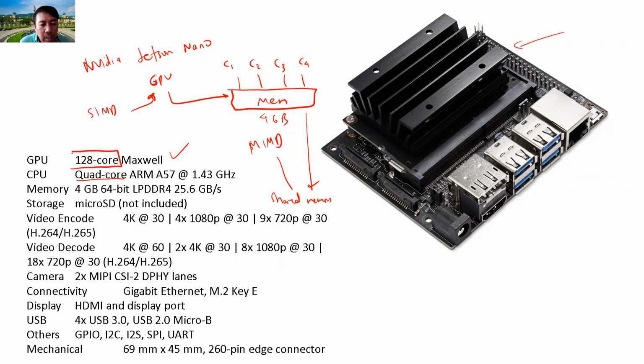Remember the GPU, it has more cores. This is 128 cores, but the core here is different from the core here. The core here can do computation only. There are no control units, so the control still needs to be handled by the CPU. The CPU is still required. So this is like a mini computer also with the GPU, which means you can accelerate your machine learning training and so on.